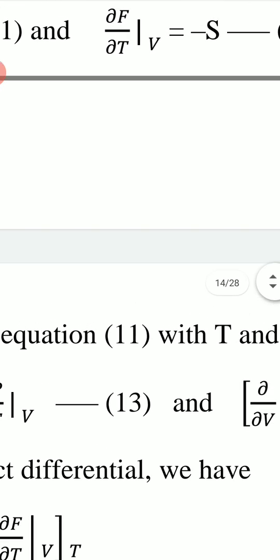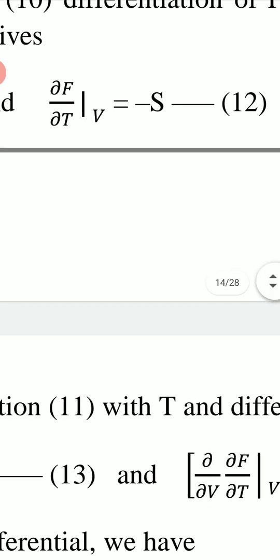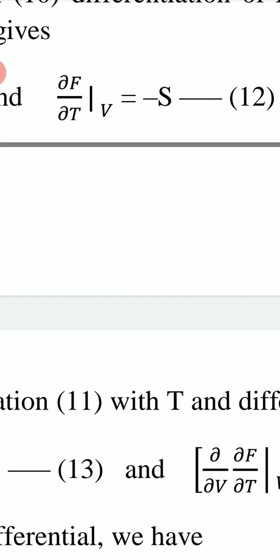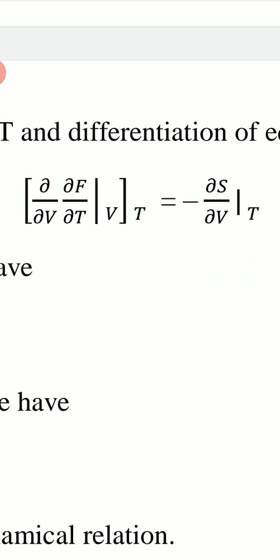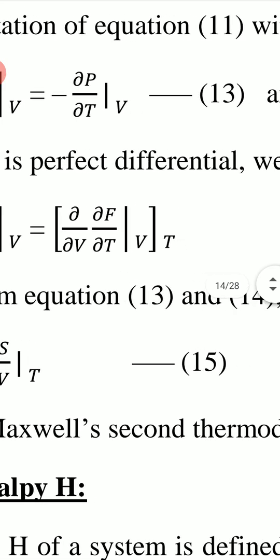Similarly, if we find partial differentiation of this equation 12, now we partially differentiate this 12 with respect to V, keeping T constant. So we put delta upon delta V before the left hand side and right hand side and get this relation, delta upon delta V, delta F upon delta T equal to minus delta S upon delta V, and it is for constant T. So we write constant T in front of the left hand side and right hand side. Now these are equations 13 and 14,